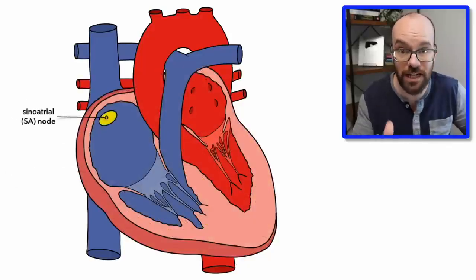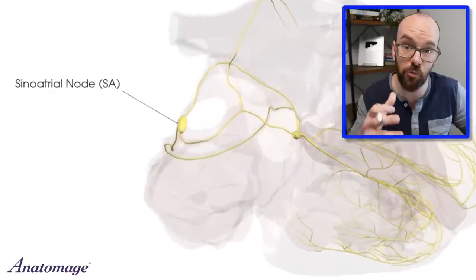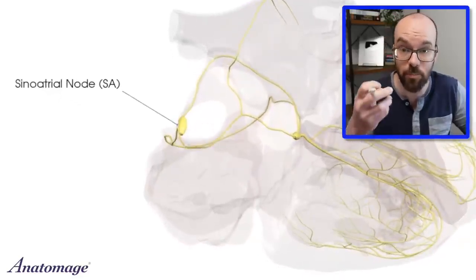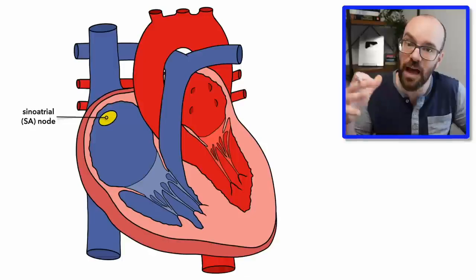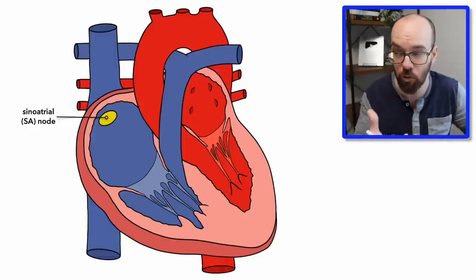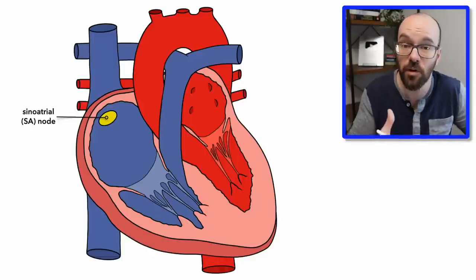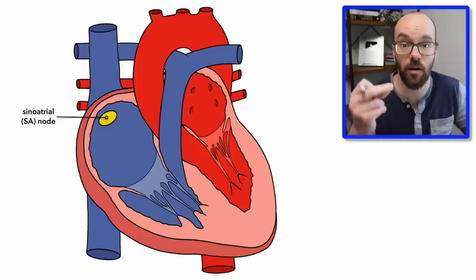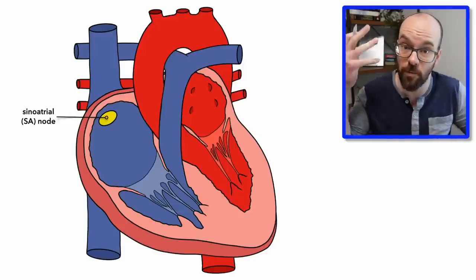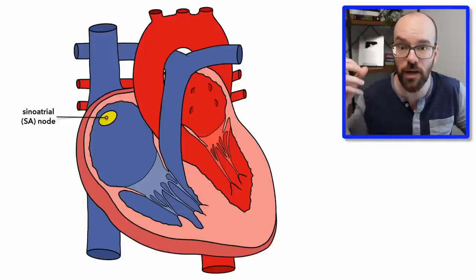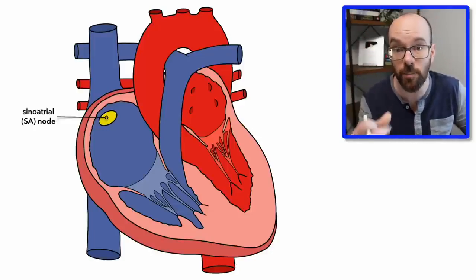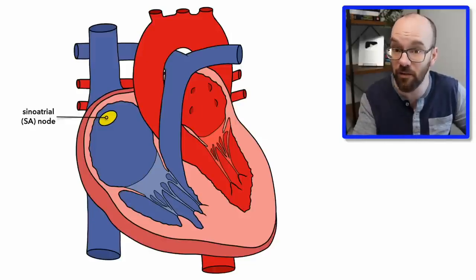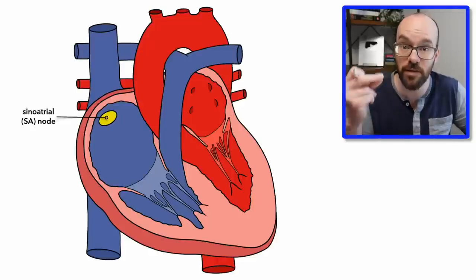First here we have the sinoatrial node. Now the sinoatrial node is autorhythmic, meaning that it's going to be sending pulses by itself even without input from some other source. Autorhythmic meaning self-rhythmic. In other words, that SA node is the pacemaker of the heart. It sends a signal every time our heart beats. Now there will be input from the brain, from the cardiac regions of the brain. They'll be sending signals to the heart to speed up that SA node or to slow down that SA node. But even without input from the brain, the SA node is going to be sending signals itself, causing our heartbeat